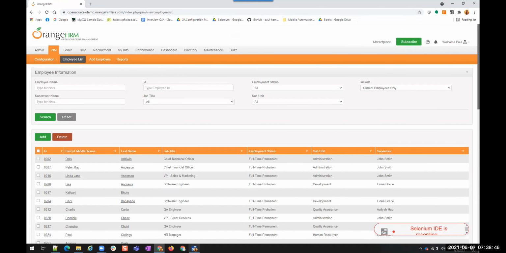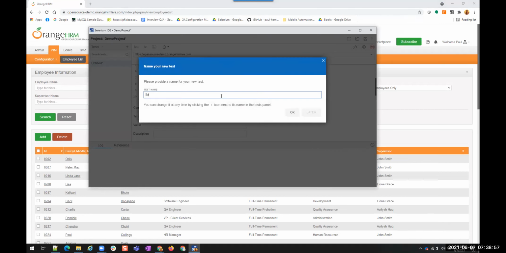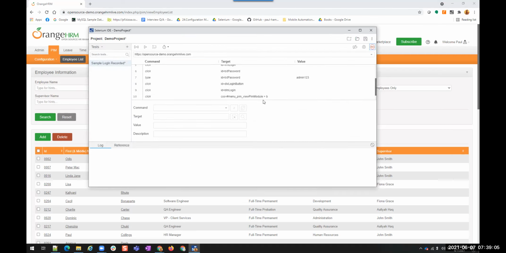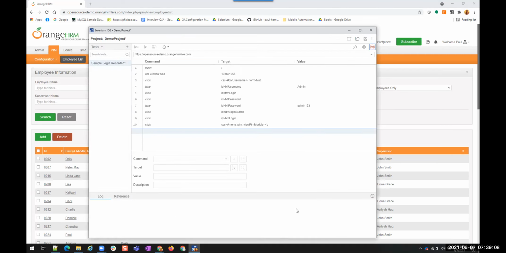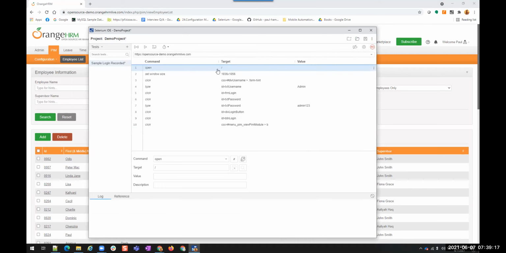Now if you want to stop this, you can stop it. This is where from you can stop your recording. I can stop this. Now, what is this test name? Login recorded. This is a test case, for example. Whatever the actions that I did, all the actions were created here. We have opened this site, and we did not add any new pages, we are directly opening this, so that is why you are seeing a single slash. Then I maximized the browser, that is why it set window size to 1936 into 1056.